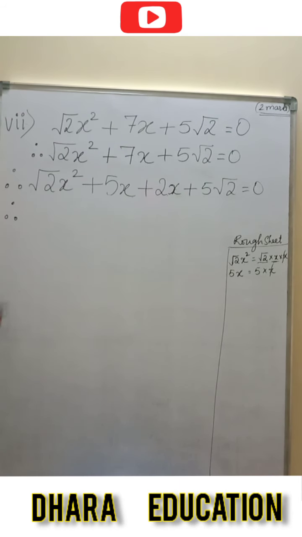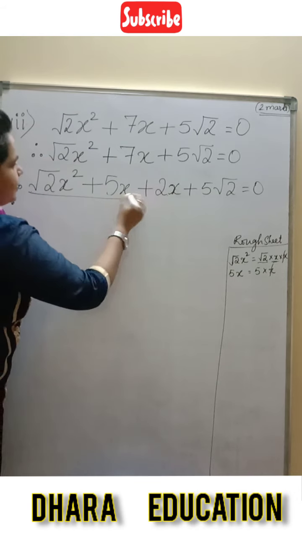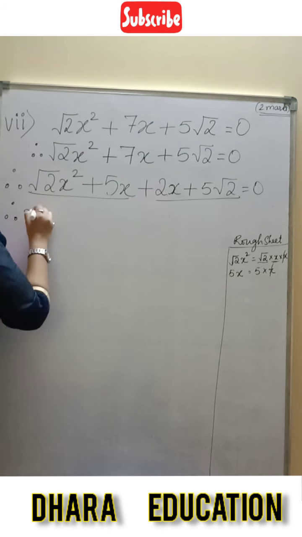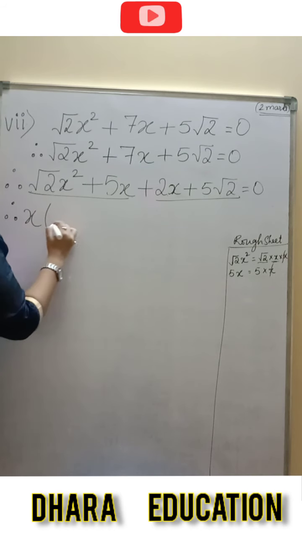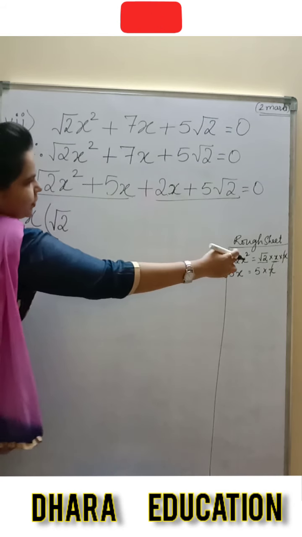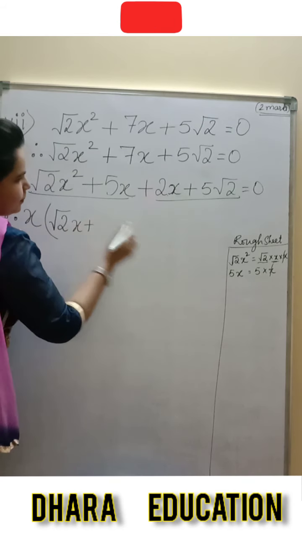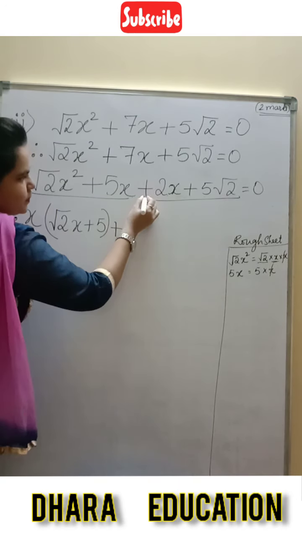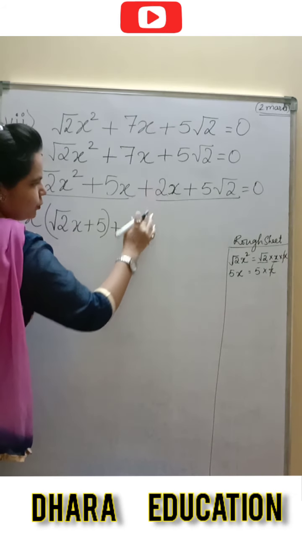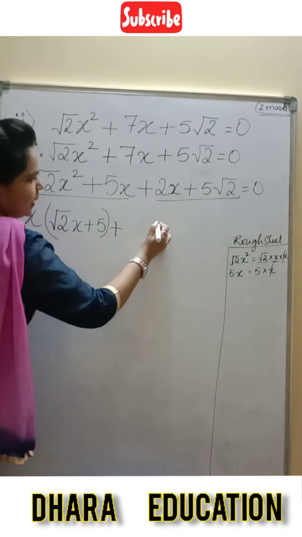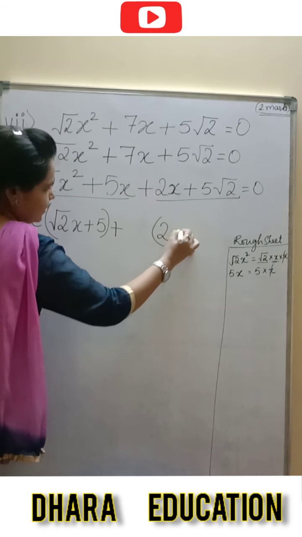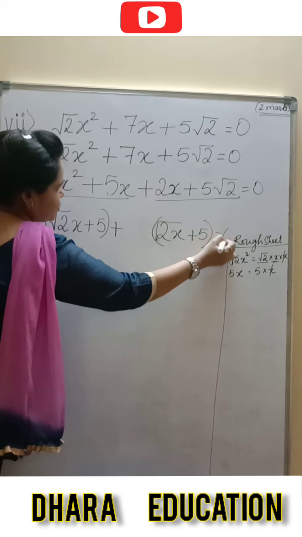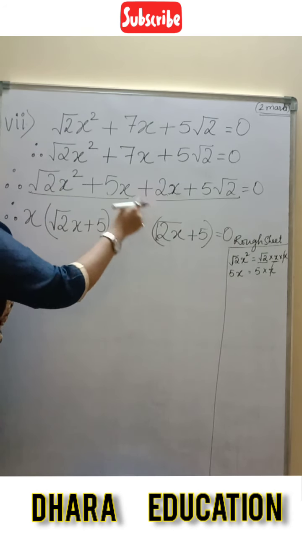Students, for better understanding, I am taking the steps again by pairing these two terms. The common factor which I have taken from there is x, open the bracket, root 2x is remaining, and plus 5 is remaining. Okay, then plus, because plus is over here, and we are going to take another one. As you know, I used to take this step as it is, plus 5 is equals to 0, but what should we take over here,